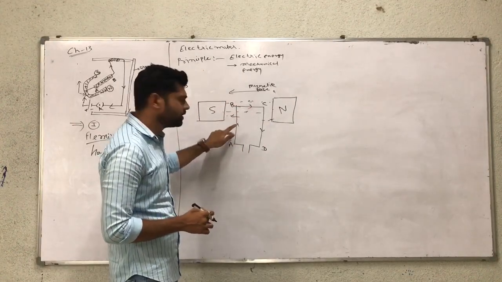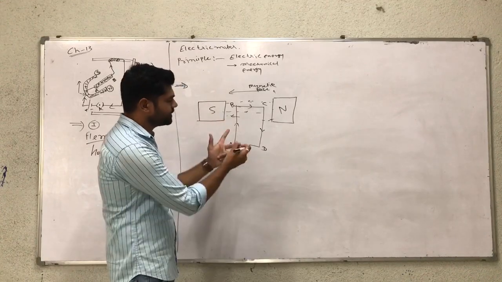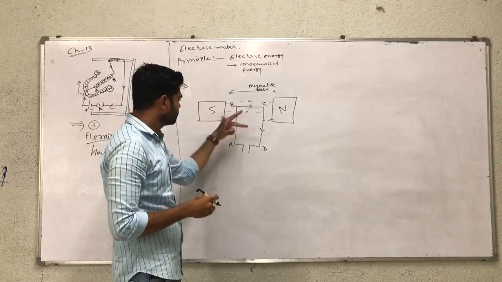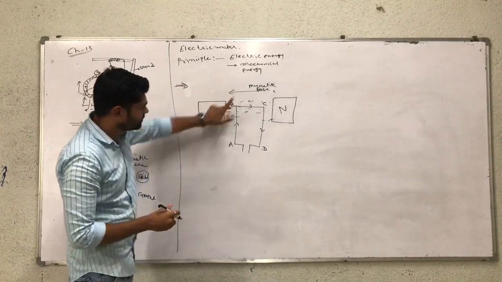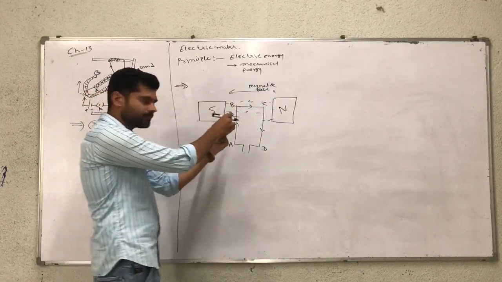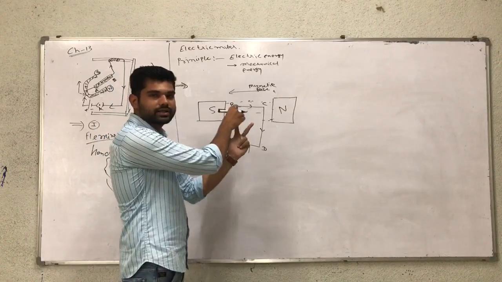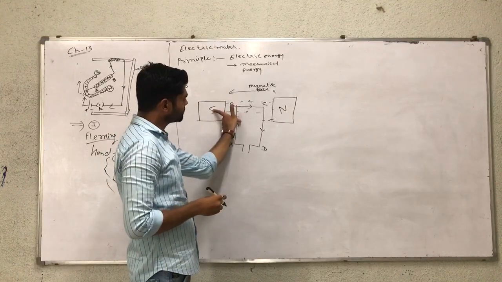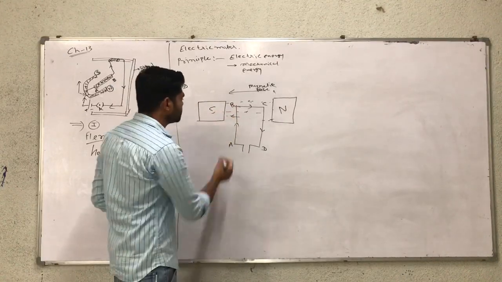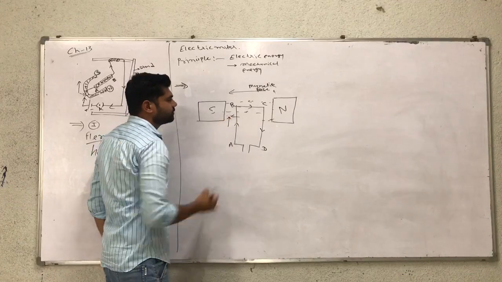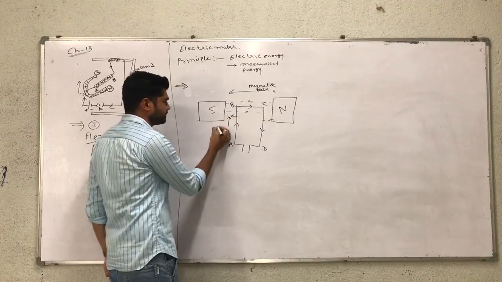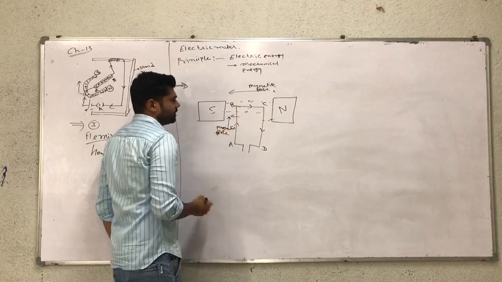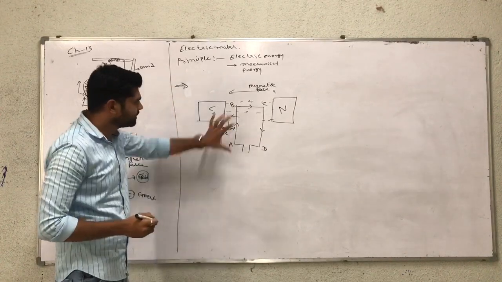In Fleming's left hand rule, the first finger is up. Now this finger is up. It means the second finger is in the off position. The first finger is in the direction of the field, and the magnetic force is up. It means we find the magnetic force in the up direction. For which side? Side AB.